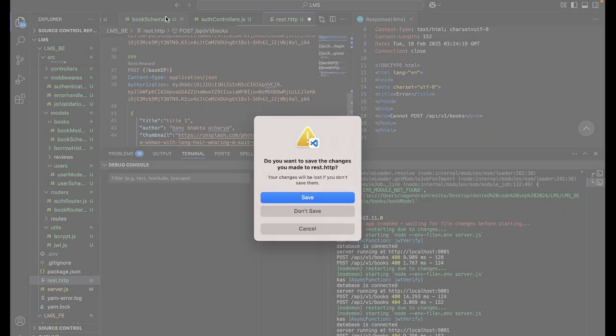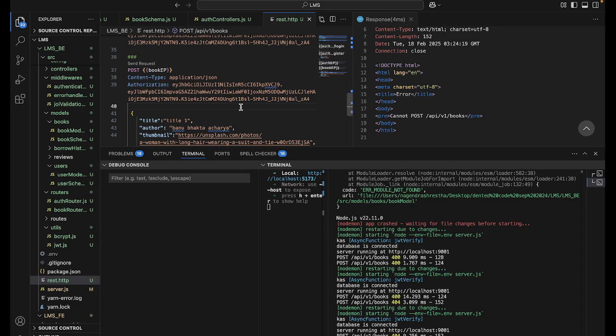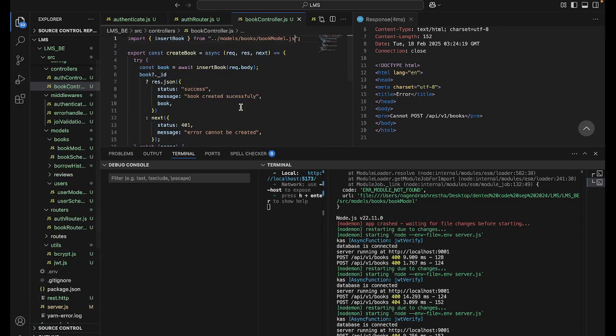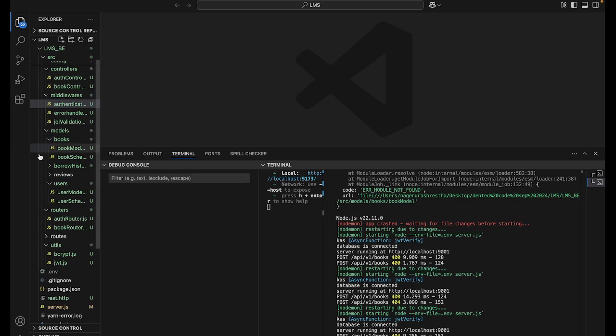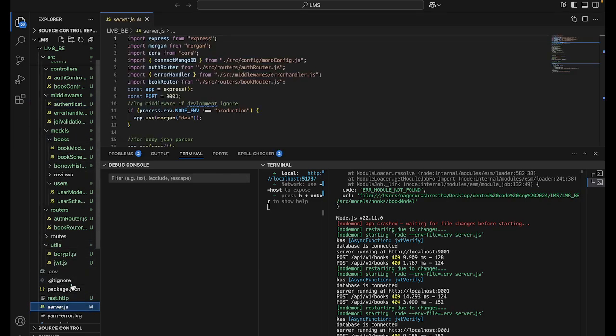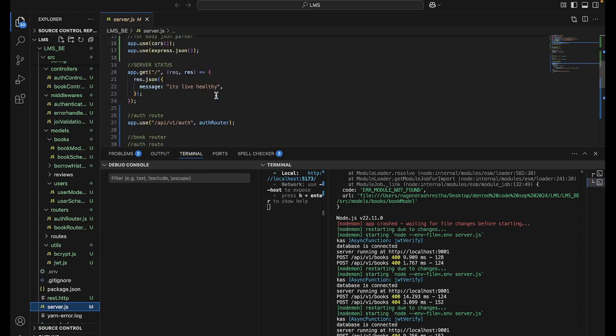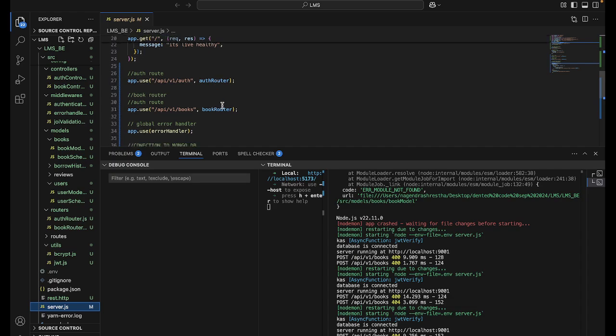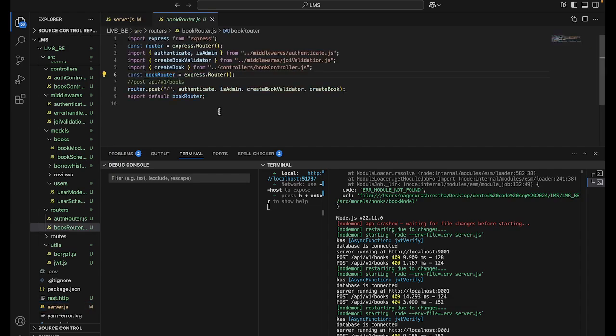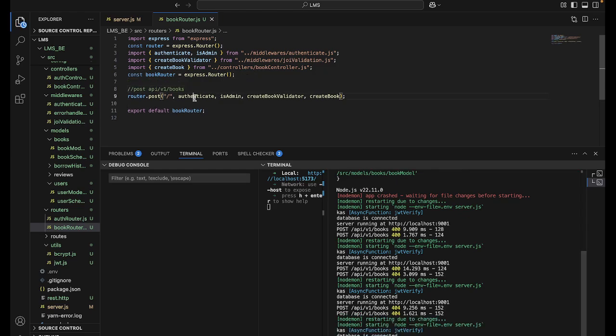Let's save, pause everything है। Let's save it, let's pause everything, let's go back to the start। So this is gonna be our book router, the book router ठीक छ, export book router ठीक छ है, ठीक छ। Okay, authenticate, isAdmin, create book file later, ठीक छ।